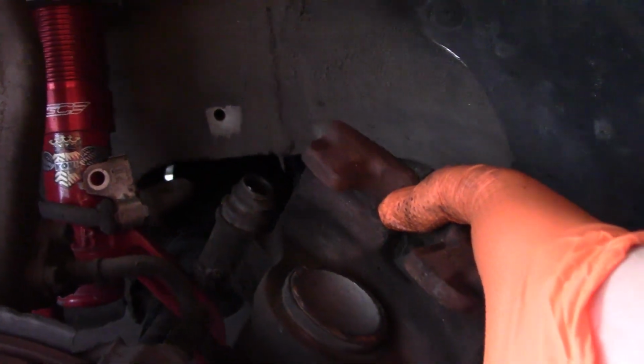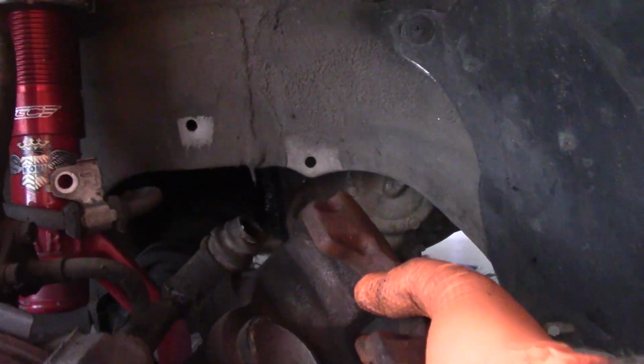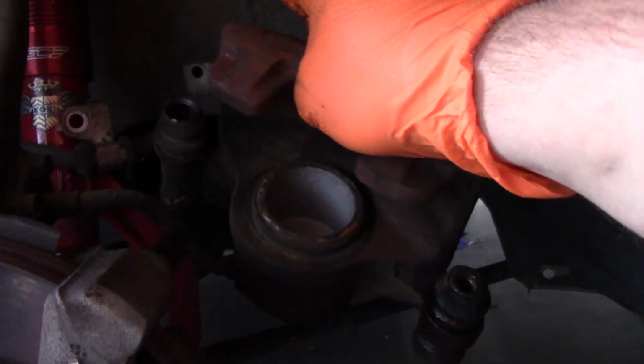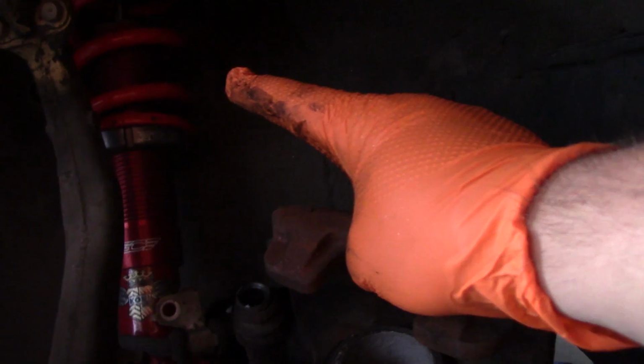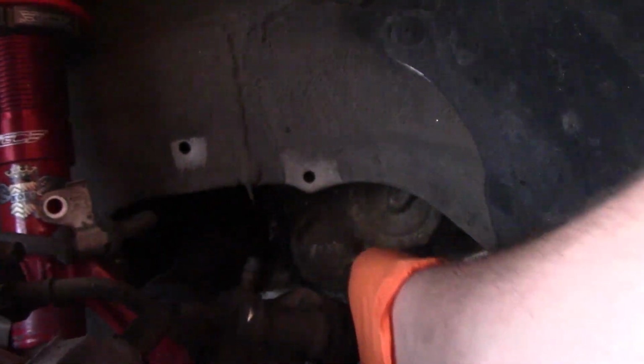Now what we need to be careful of is the brake line. We've got the caliper attached to the brake line, but we don't want to just let go of the caliper because it puts a lot of weight on this brake line. Some people use bungee cords to support the caliper, and they hang it off of the upper control arm somewhere up in here. But what I usually do is just balance it over here